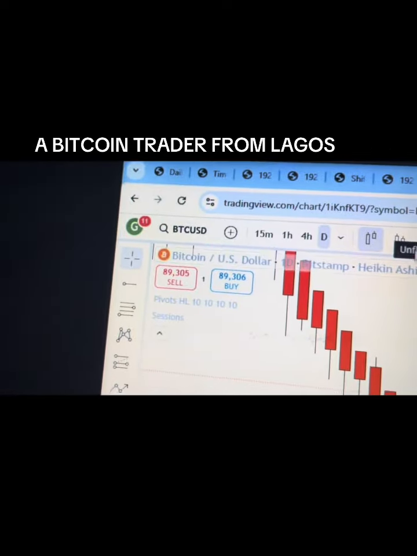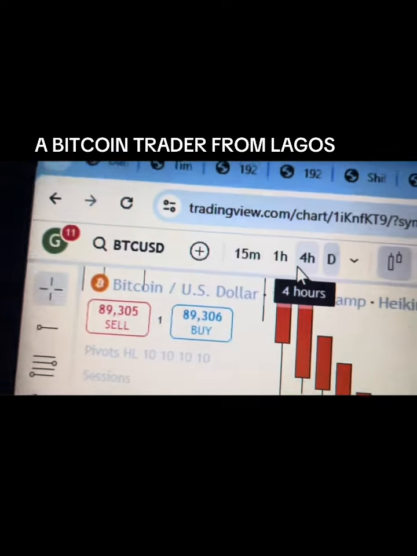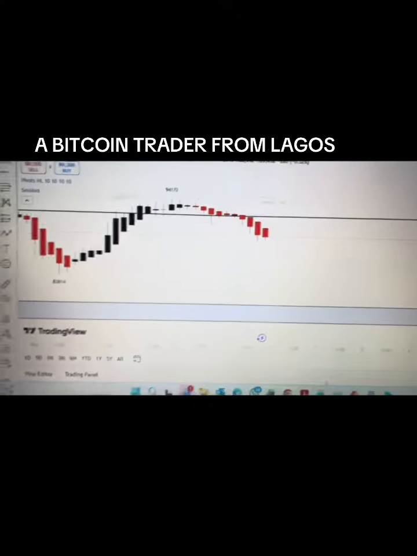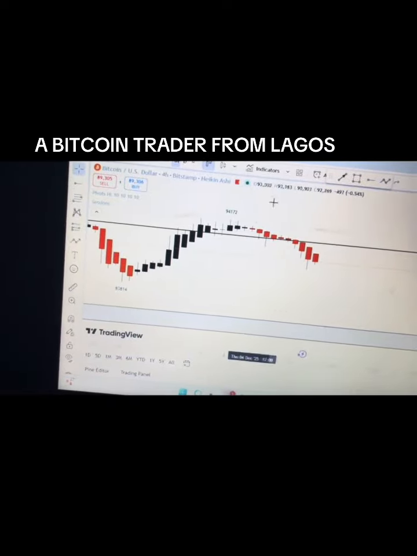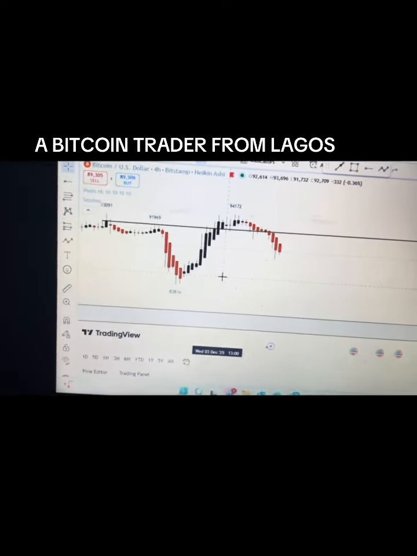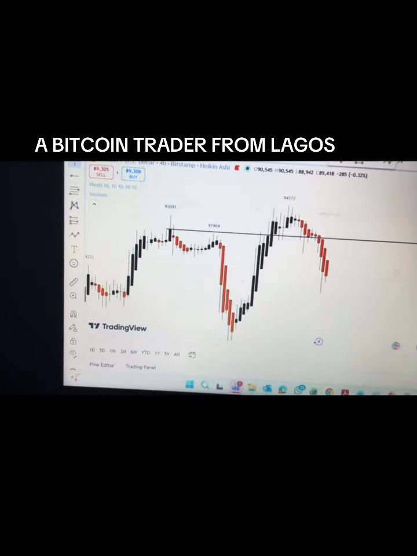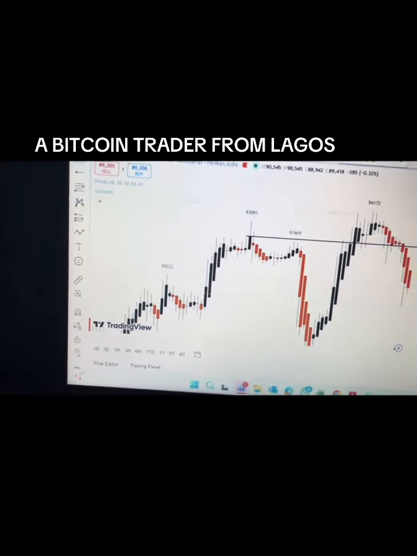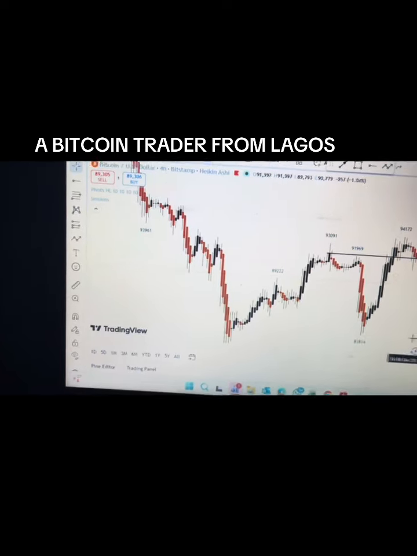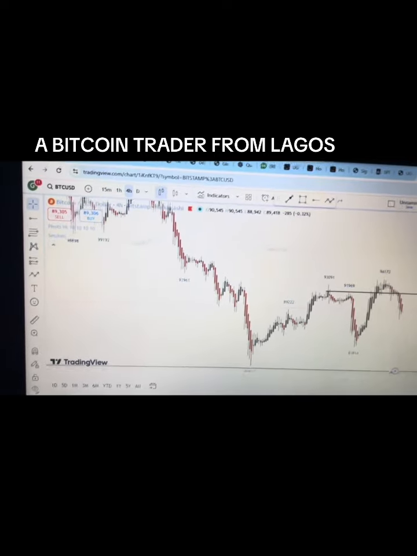So we go to the 4-hour. Stay with me, guys. We go to the 4-hour, and then on getting to the 4-hour, you can even see even more details of the candlesticks. All right, what caused the retrace is what we're looking for. All right, guys, stay with me. Sorry for the slow zoom. I hope you guys can understand